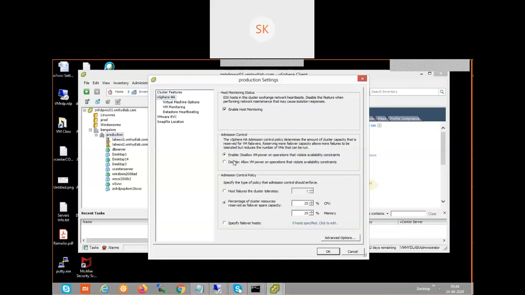I can do migration from one ESXi host to another ESXi host without any issue, but I'm not in a position to do it vice versa, because of CPU downward compatibility. So this is a feature. I'm just going to enable 15%. Let's see what is going to happen. Make it 15%. I don't have many workloads. Let's make it 15%.